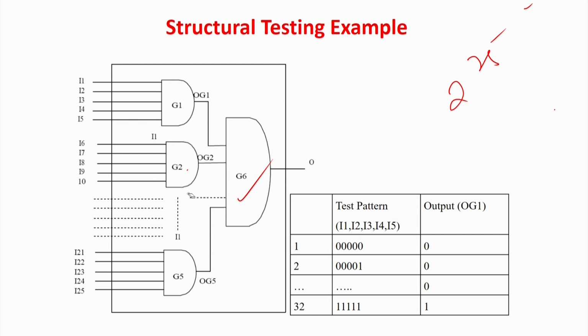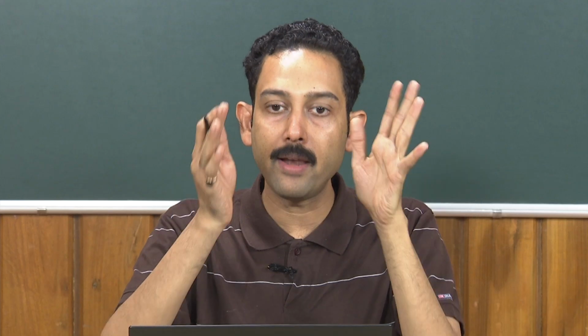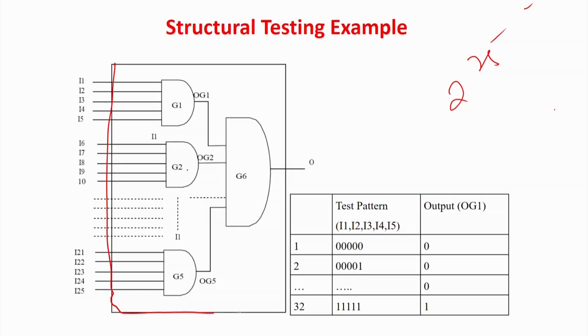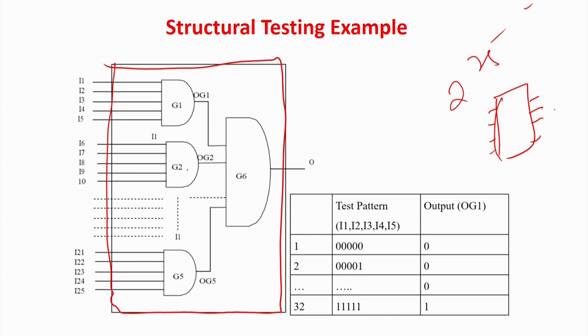I think you might have all seen your dual inline package chips, the black chips with some legs outside. That is the normal ICs. Whenever you open the motherboard of the computer, you have seen that some ICs, black colored chips are there. Basically, this part is sealed in a wrapper. This is the black structure we always see in dual inline packages, and you see some pin out. So, this part is a black box and they are highly sealed.